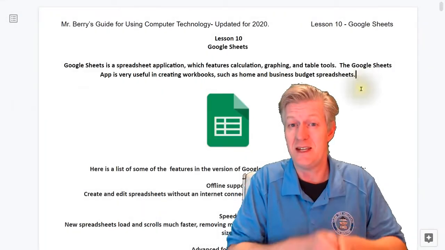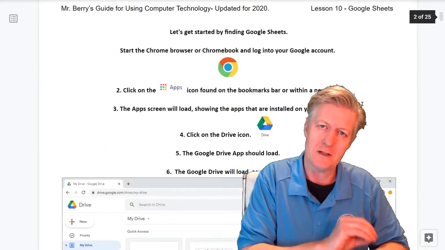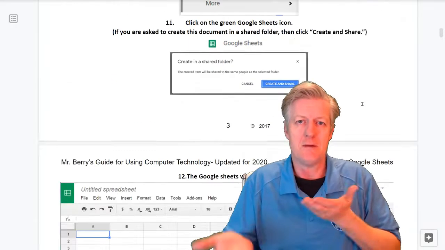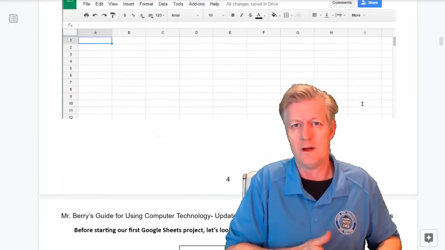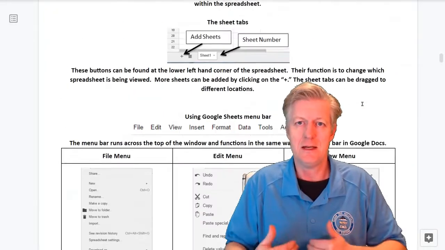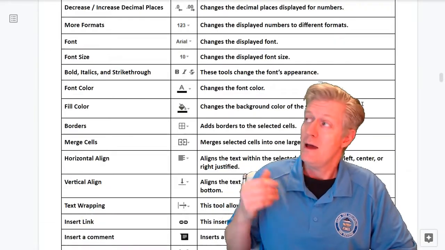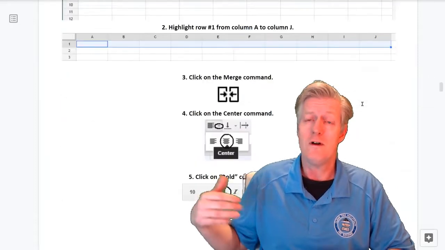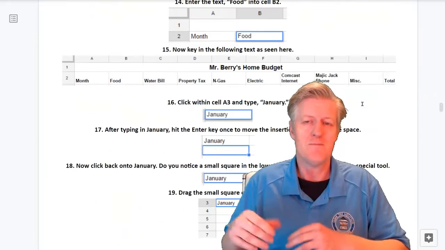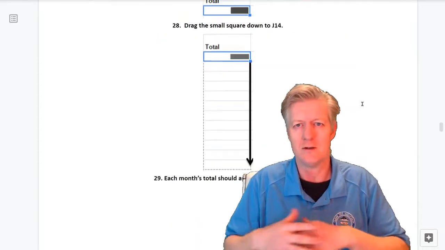Now I group lessons 10, 11, and 12 together because in those lessons I teach how to use Microsoft Excel as well as Google Sheets. Now in lesson 10, I compare and contrast Google Sheets with Microsoft Excel, and I show you how to use both of those applications in lesson 10, going over all the tools and how they're similar and different between each other. In lessons 11 and 12, I go over actually creating projects using Google Sheets, and so they'll be making little charts, little spreadsheets, and workbooks in those lessons.